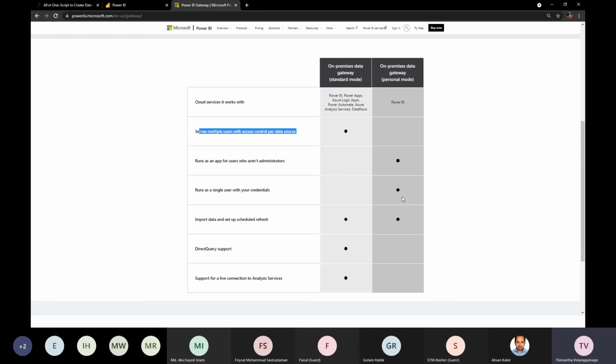So even in our solutions that we implement, there is no way in which we have implemented a personal mode for a solution. It has always been a standard mode, because what we cater to is large scale to medium scale, and it's not for a specific requirement to build one report. It could be a set of reports and a set of data models with some data flows